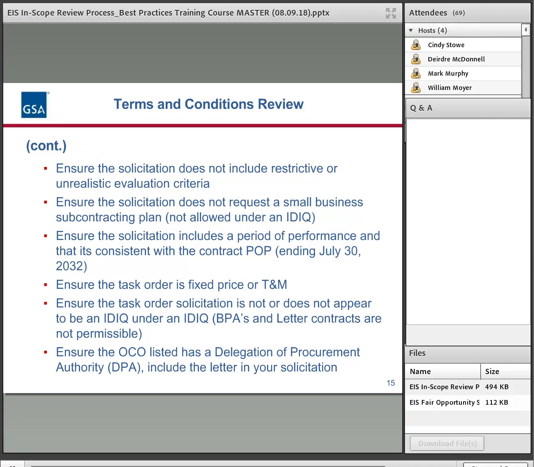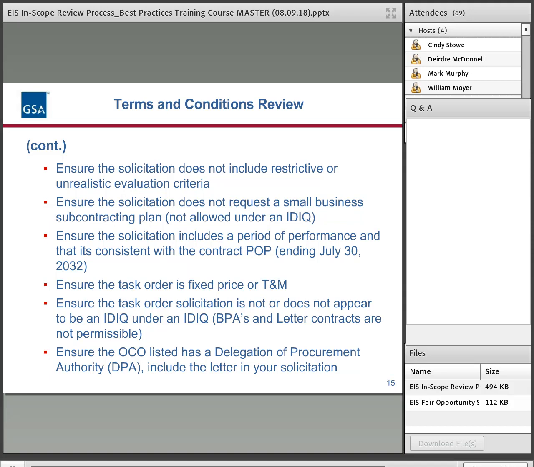Next slide, please. This is a continuation. So also you want to ensure the solicitation does not include restrictive or unrealistic evaluation criteria. You want to ensure the solicitation does not request a small business subcontracting plan.